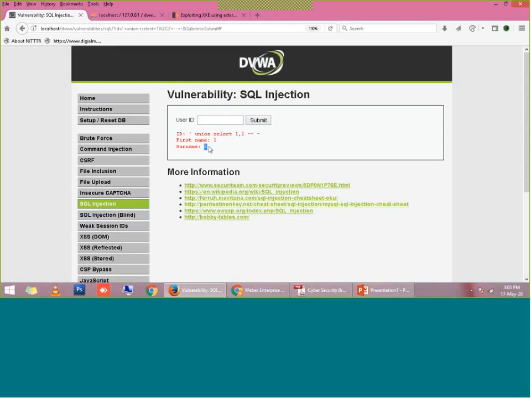Similarly, if order by 3 was successful, it would mean we can have 3 vulnerable columns. If order by 2 was successful but order by 3 was not, it means we have only two columns which are vulnerable, and we can attack through any of these columns, right? So to perform any attack, we will use this union select. Now we are taking both the columns in our query, and we can perform this SQL injection using any payload on any of these column numbers, right?